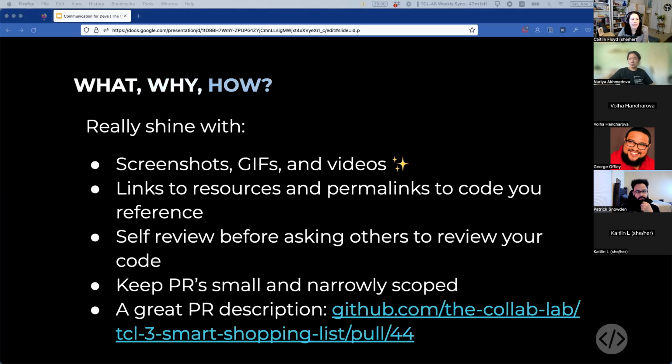Okay. And how can we do PRs well? I think these are all things that you all have already been practicing. The Collab Lab template has been helpful to us to see a good example of filling out a PR, but